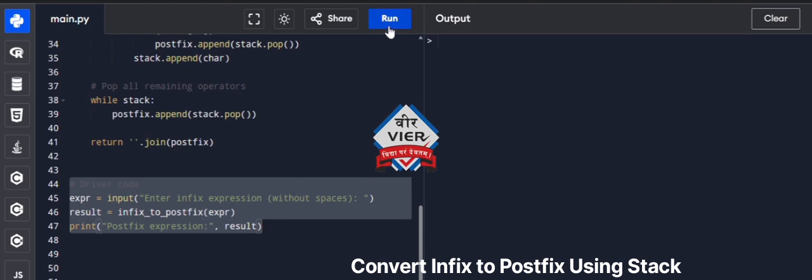Export to sheets. Example trace. A plus B times C minus D. For each input char, we look at the stack action, stack state and postfix output. A: append operand, A. Plus: push operator, stack empty, plus, A. Push, precedence. B: append operand, AB. Times: push operator, times. C: append operand, ABC. Minus: pop till, pop times, ABC times, pop plus, precedence 1 and 2, push minus, ABC times plus. D: append operand, ABC times plus D. And pop remaining, pop minus, ABC times plus D minus. Export to sheets. Final result, ABC times plus D minus, correct.